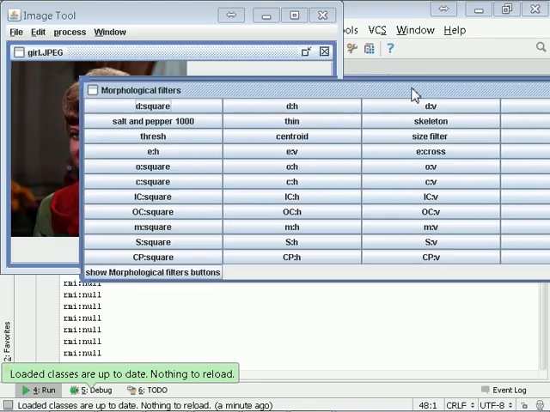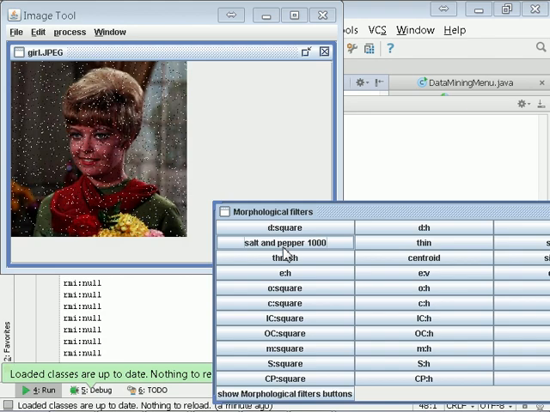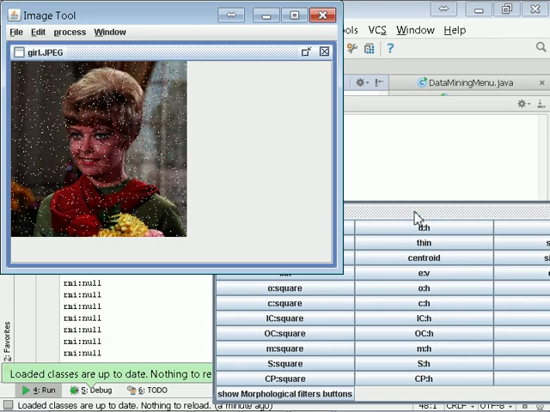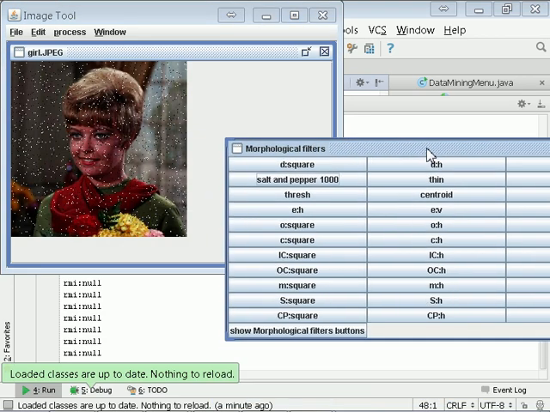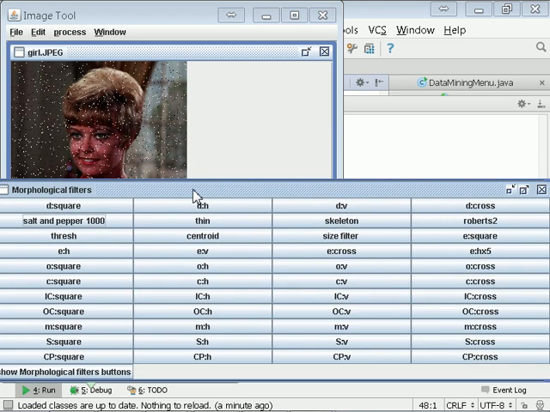Well, it's got to be in here. Here, salt and pepper 100. It's there. 1000. Oh, that's shot noise. So now we can apply the filter, and now what we'll do is we'll try and get the median